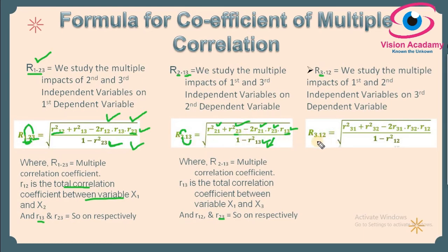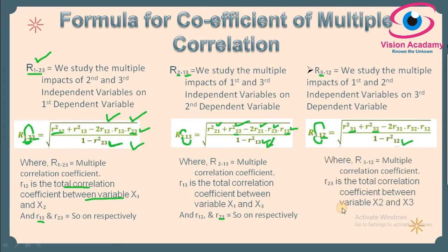The same thing will be applicable here, that is R3.12, and firstly I will consider R31 here, 13 and 31 both are the same, and secondly I will consider first and last element, so that is R32 and minus 2 R31 R32, here the same thing we repeat again, and lastly the two independent variables 1 2, here R12, and again the same R12 square, 1 minus R12 square, and the remaining values are the same here also. So please concentrate on how to formulate the formula logically, very logically, otherwise you will be in trouble.